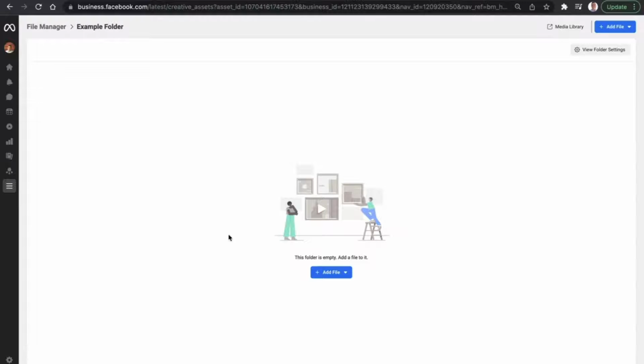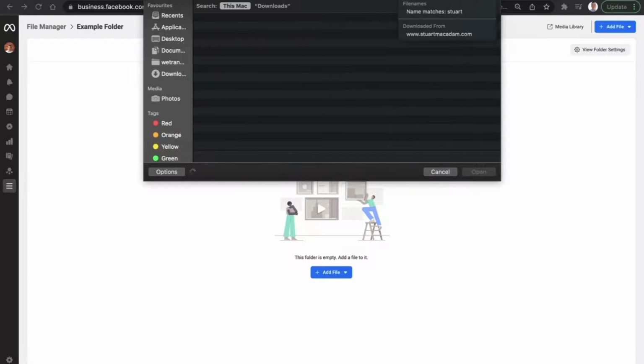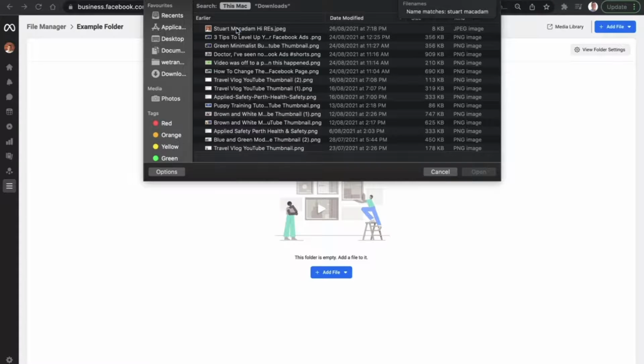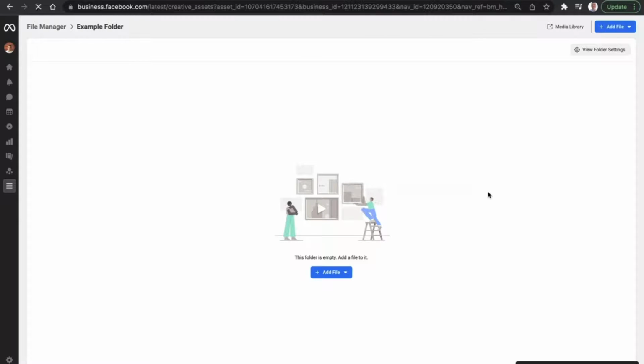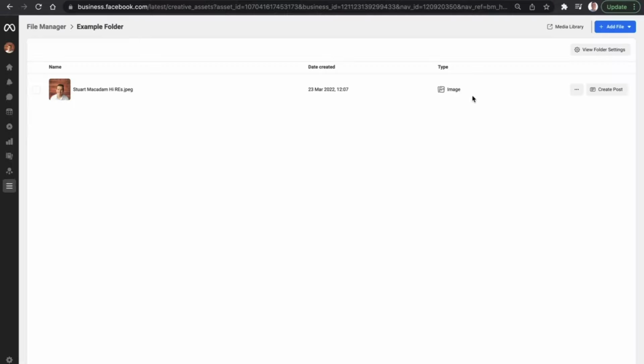This is then going to bring up an empty area where you can select the blue button to add a file, either an image or a video. So to add an image, simply click on Add Image and then look for the image that you want to use. In this example, we're going to use an image of me,